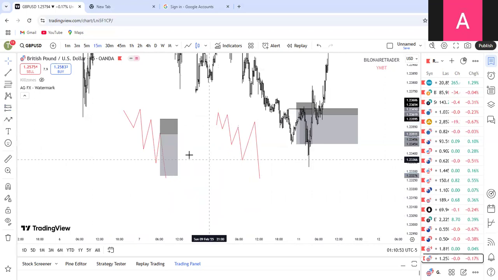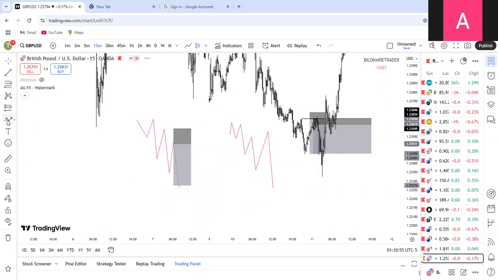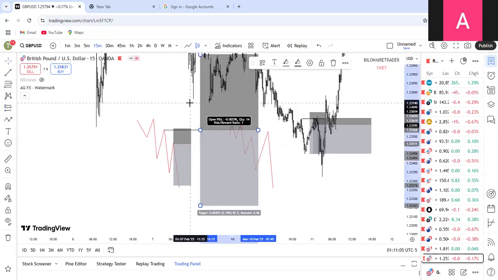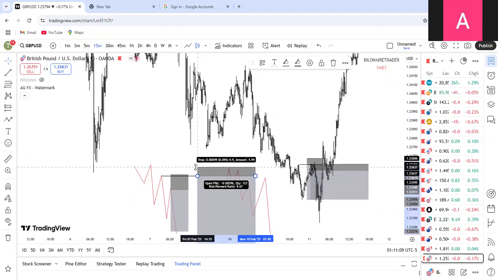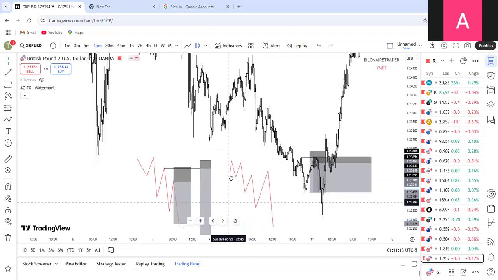But in our own case, what we will do is, instead of having this place where their stop loss is, that is where we are going to be having our own entry, right? And our entry is going to be up here because we understood that that's an inducement liquidity, and then our stop loss is probably just above here. That's where our stop loss is going to be, and then we target